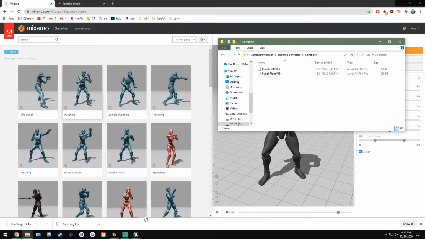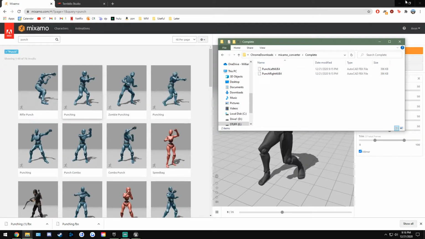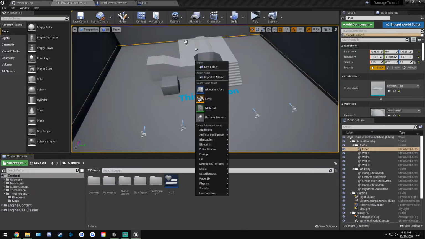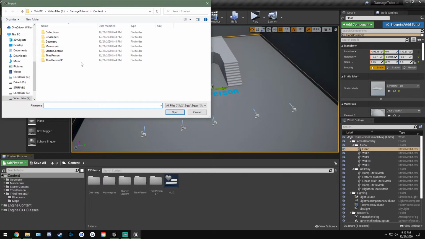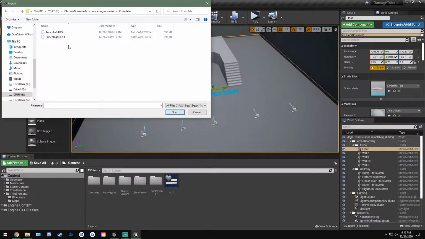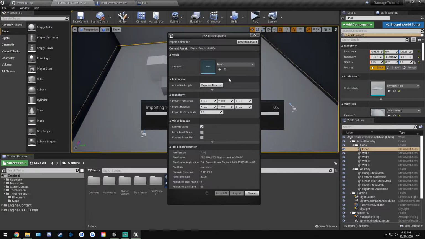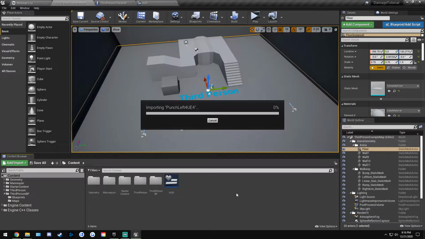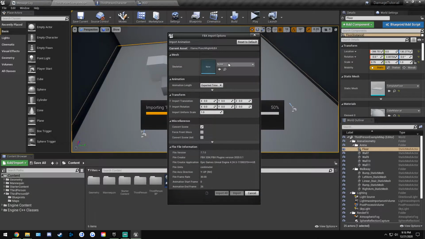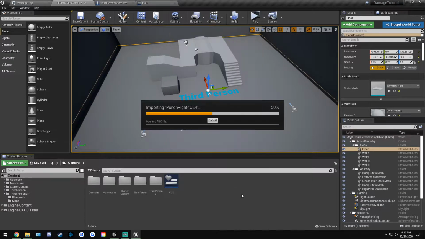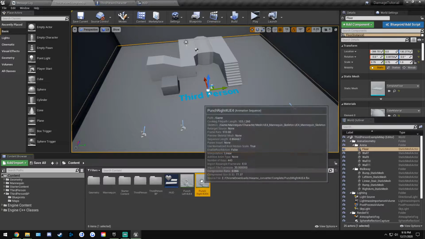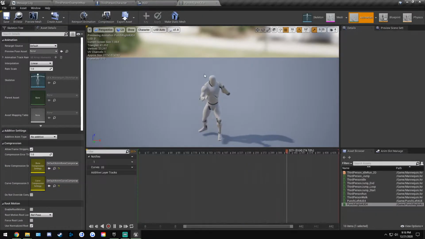So let's just go back into our project. I'll go ahead and import. I'll import these two. You want to select the UE4 mannequin skeleton. Do it again for the other one. Alright, so here you have your punch right